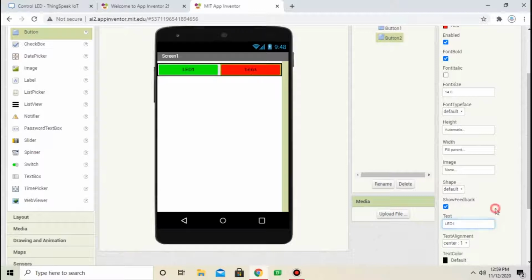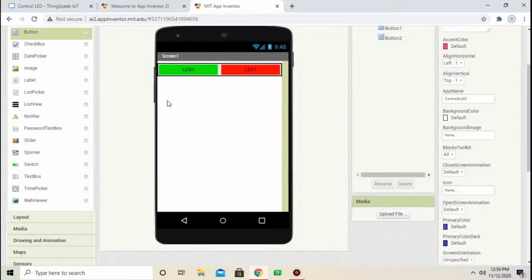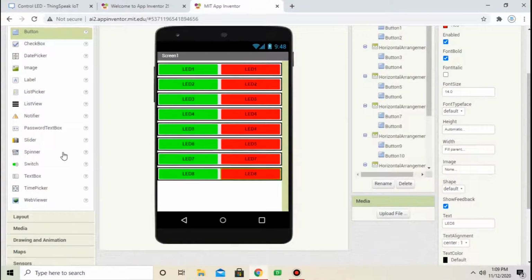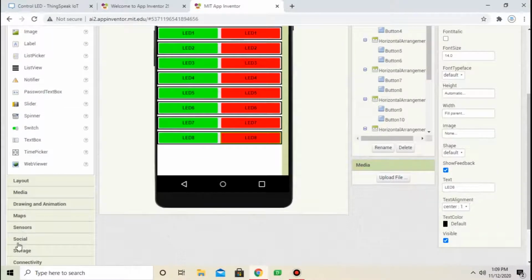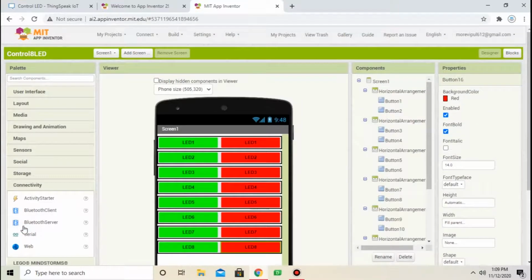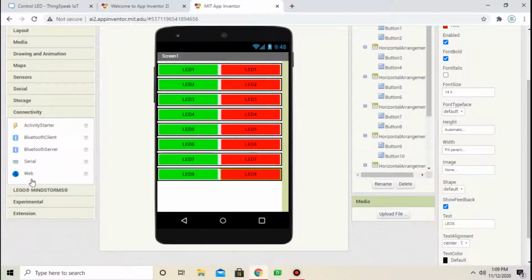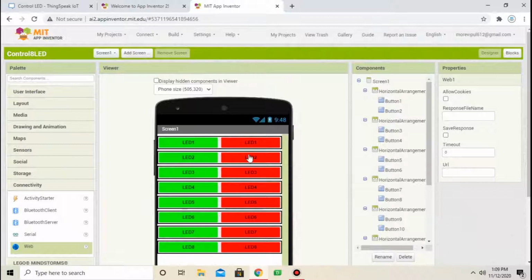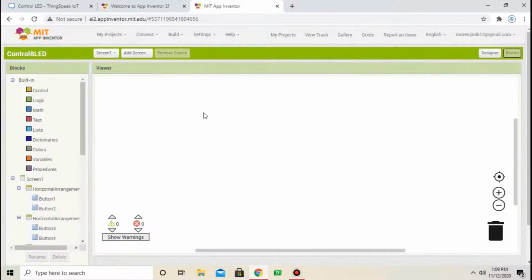Do the same procedure for the rest of the switches. Now from connectivity, select web. Half part is done. Click on blocks.